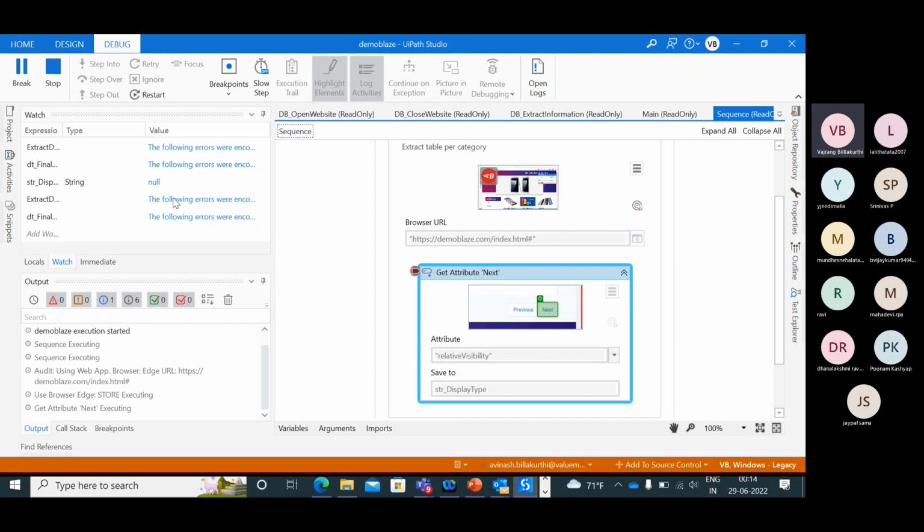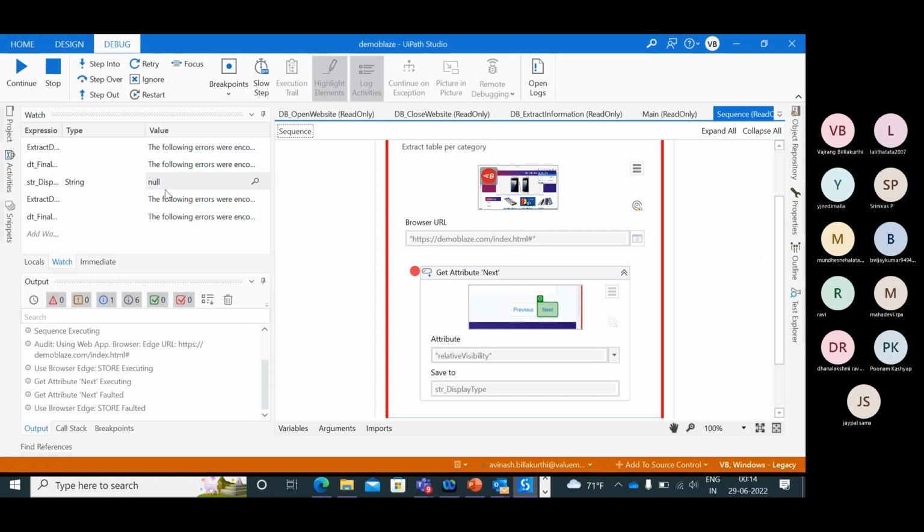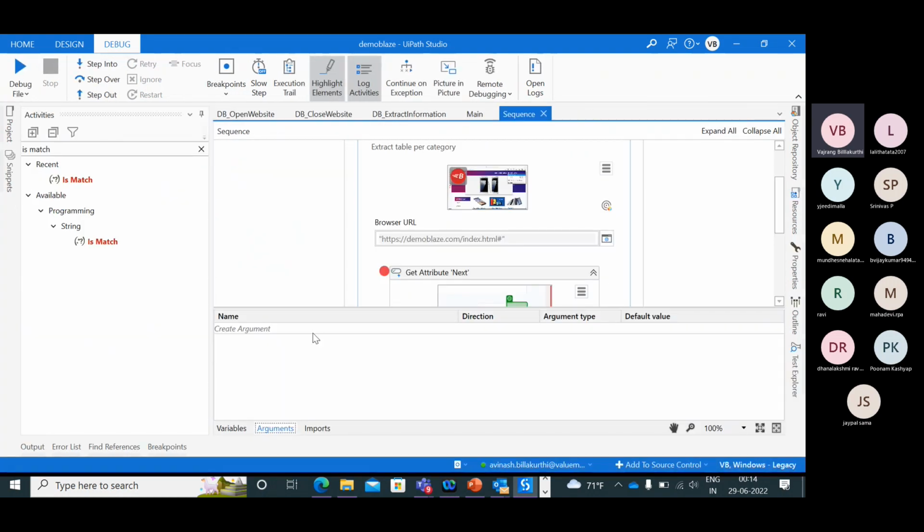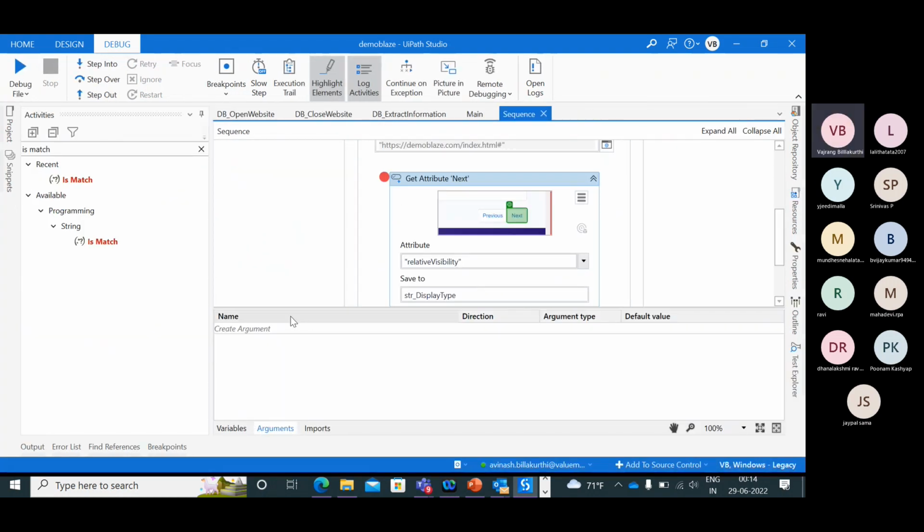Step into. Boolean. I think we are getting some value, but that is throwing a Boolean result and it's coming out as a value of string. So that is the reason it's not able to get this one.